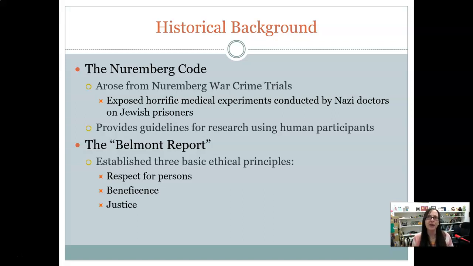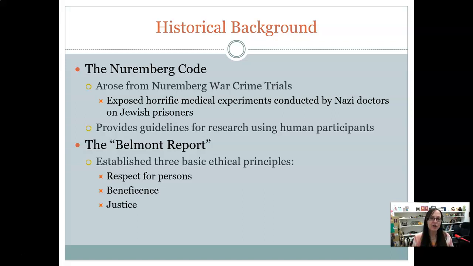So if it works, then one group is going to get more out of the research than the other group, who either got a placebo or didn't get anything at all, and they're the comparison group. But the idea of justice is that it's fairly distributed in terms of the likelihood of getting either the treatment or the placebo or nothing. So everybody basically has the same random chance of getting the treatment group or comparison group, and that's the justice element of it.